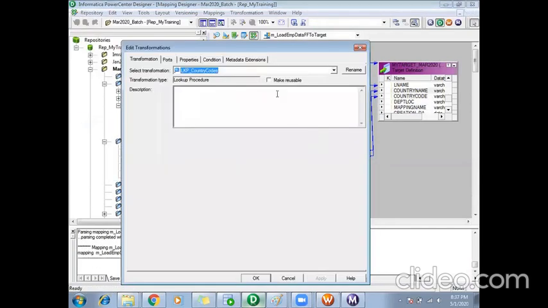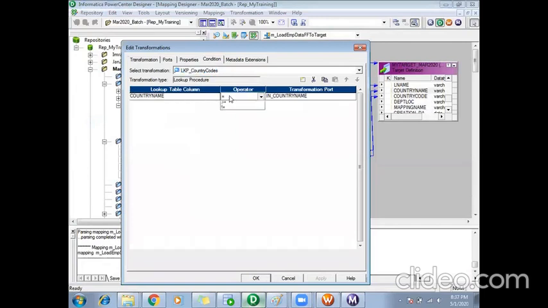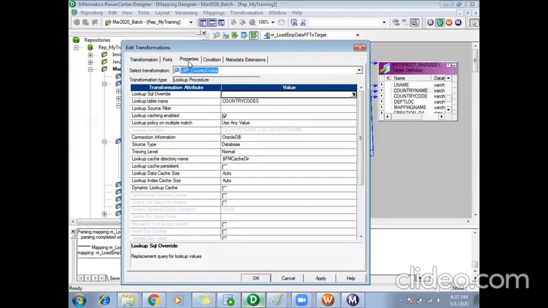One thing to observe here, in the condition operator, we can use any of these operators based on our requirement. In joiner conditions, we have only the equal operator. But here in lookup, other than equal, we have less than, greater than, less than or equal to, greater than or equal to, not equals to. Based on our requirements, we can use anything we want.